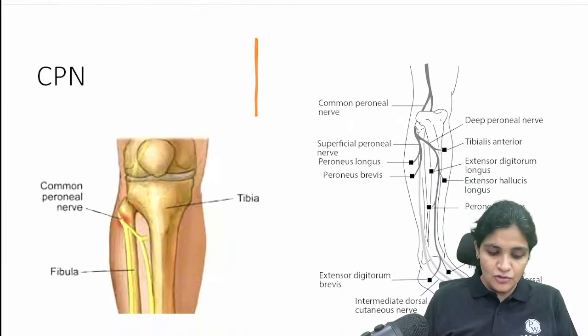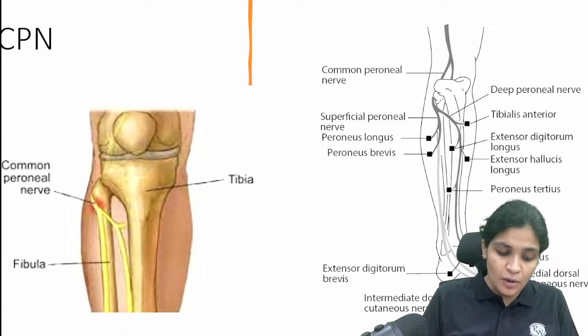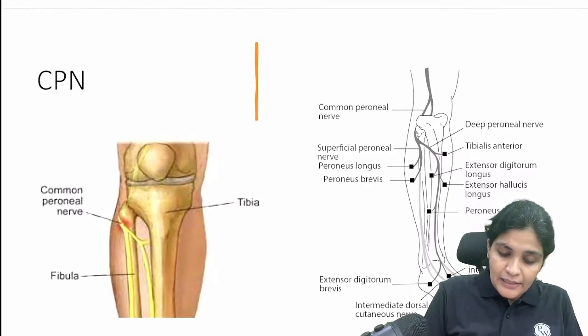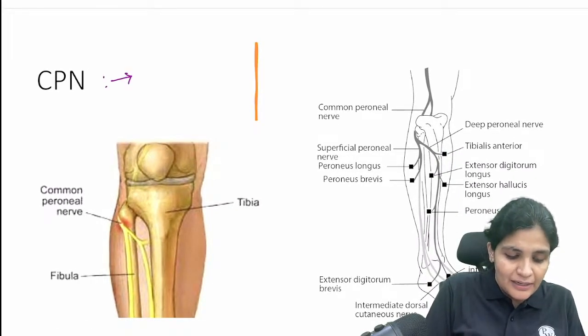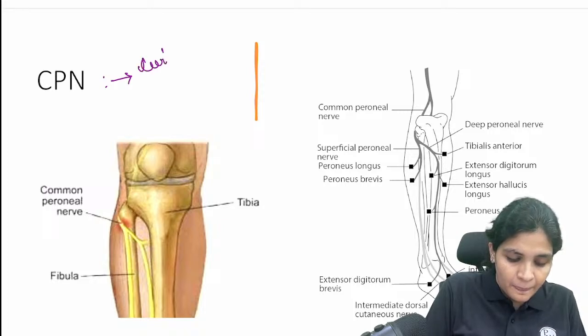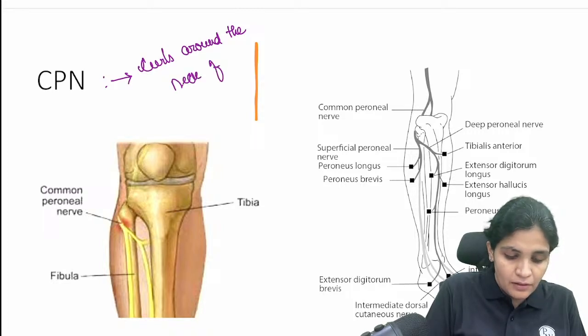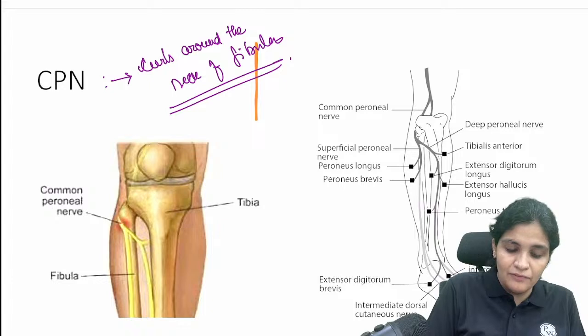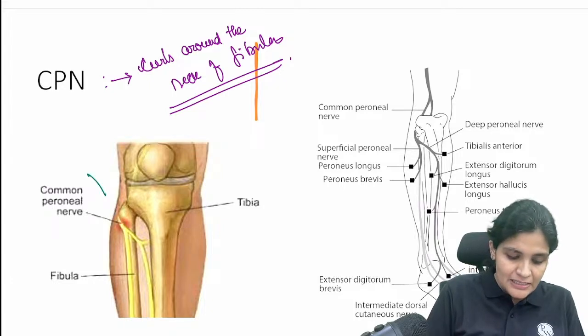And then coming to the common peroneal nerve. This common peroneal nerve is a branch of the sciatic nerve, and where do you usually find it? It curls around the neck of the fibula. It curves around the neck of the fibula, and this is a very important question which was asked in the NEET